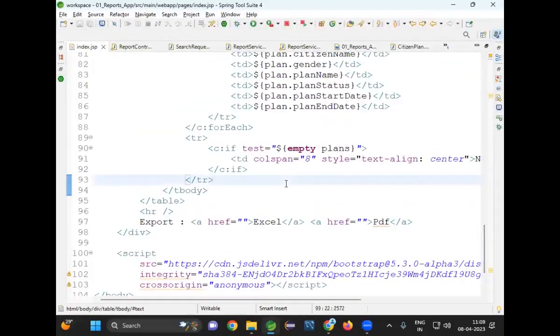Yes. In the JSTL tag library, if is available, if test empty plans, if the plans collection